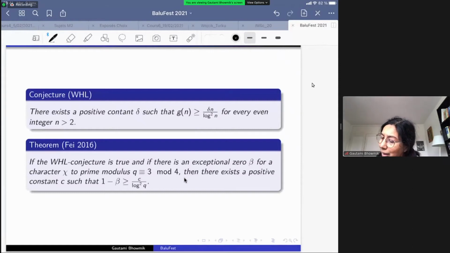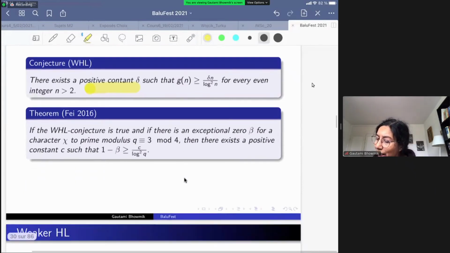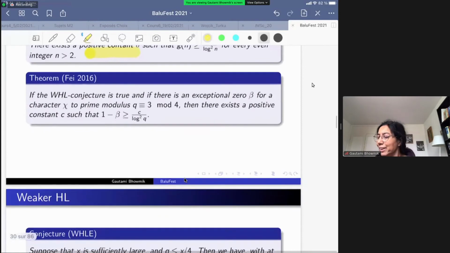This says that there is some positive constant delta such that g of n, the representation of n as a sum of 2 primes, the Goldbach representation, is greater than delta n by log square n for every integer n greater than 2. Then phi proved in 2016 that